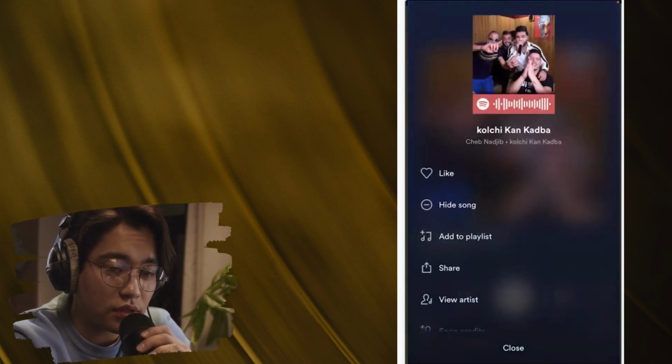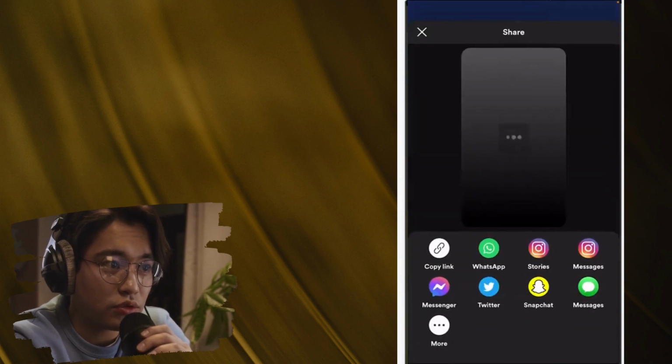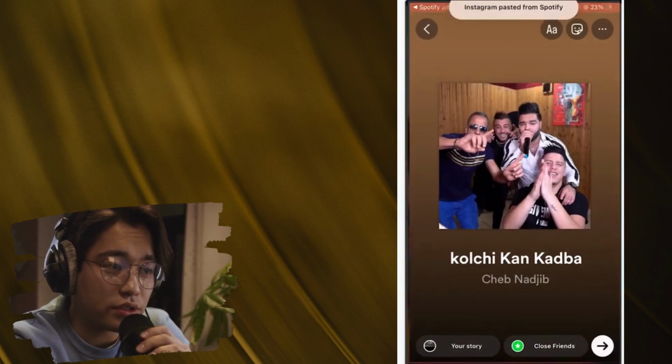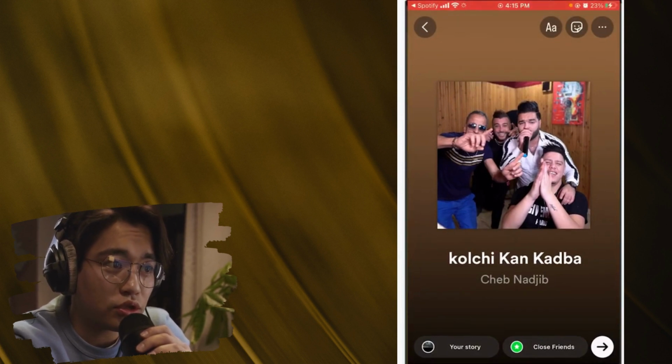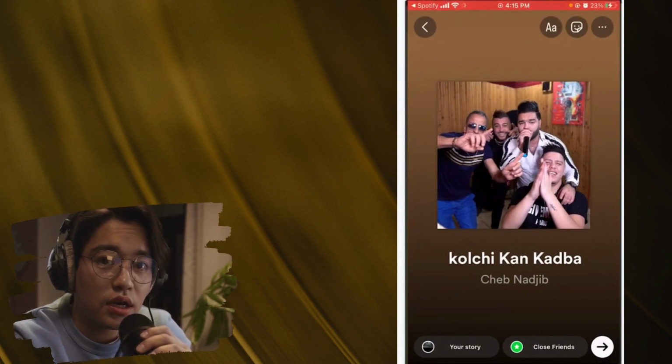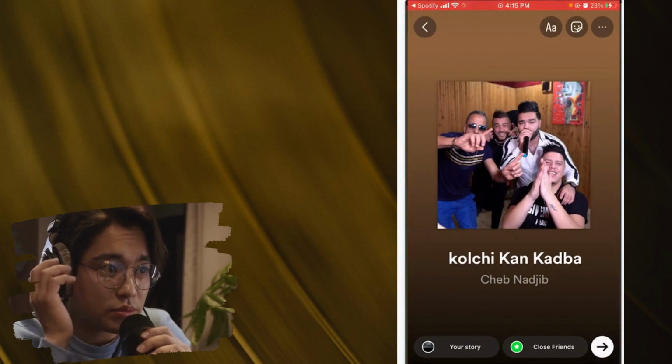for example, this, I am going to click three little dots in the top right, and then click share, and then share it to your Instagram, as you can see here, Instagram, and then click this arrow at the very bottom right. So that's all you need to do, guys. Hopefully this